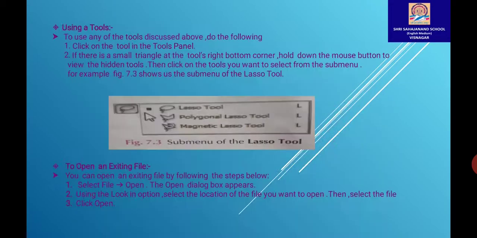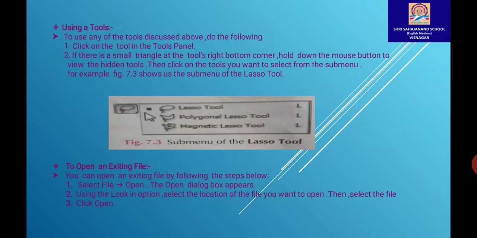Now, using the tools. To use any of the tools discussed above, do the following. First, how to use it. First of all, click on a tool in the Tools panel. If there is a small triangle at the tool's right bottom corner, hold down the mouse button to view the hidden tools. Then click on the tool you want to select from the sub-menu.